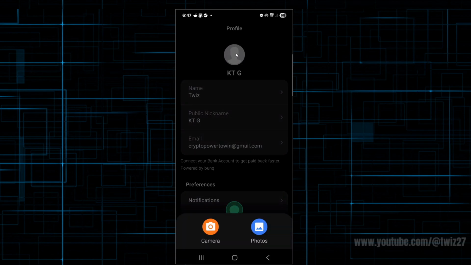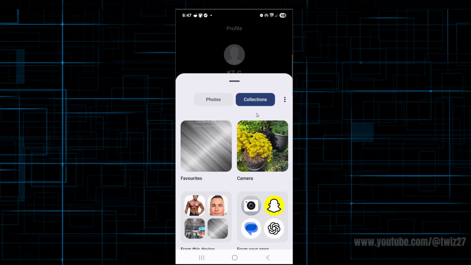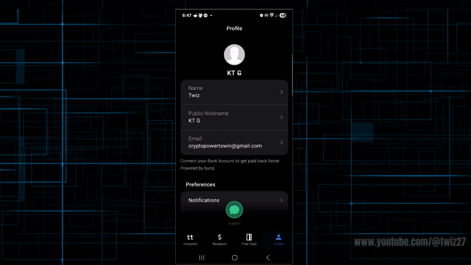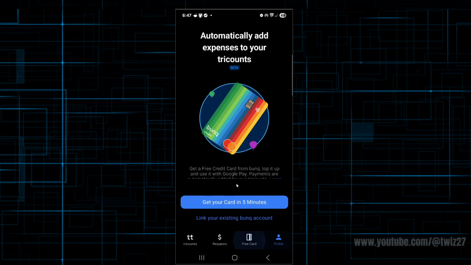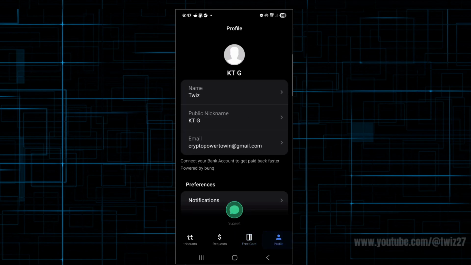Now, if you want to add a profile photo, you can. So you can just click on your profile photo, choose one from your camera, take a quick selfie. Or if you've got a photo, click on photo. Now here's a lovely picture of myself. So I'm going to use this one here. All right, adding that photo of myself. That should refresh. If I get out of the app, it's going to refresh up there. So yeah, that's basically how to use the